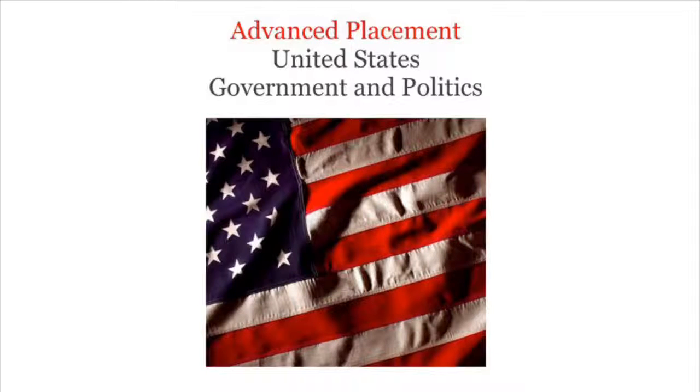Chapter 3, Section 1, The Courts, Judicial Review. The federal court system is the judicial branch of the federal government. Article 3 of the Constitution establishes the Supreme Court of the United States and authorizes Congress to create inferior courts at its discretion. Today, the federal court system consists of 94 trial courts, known as district courts, and 13 appellate courts, known as courts of appeal, in addition to the Supreme Court.